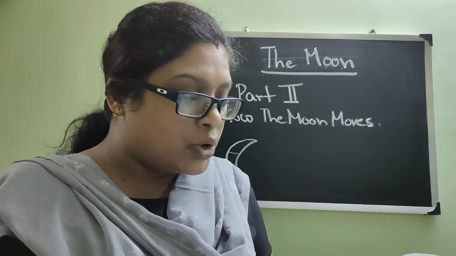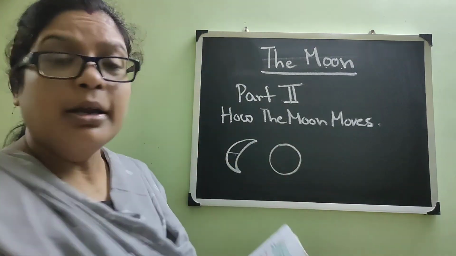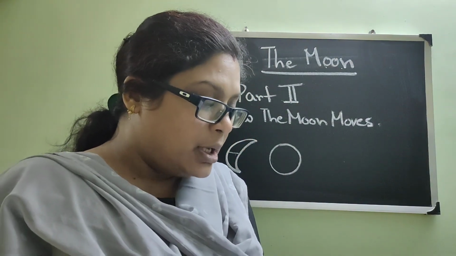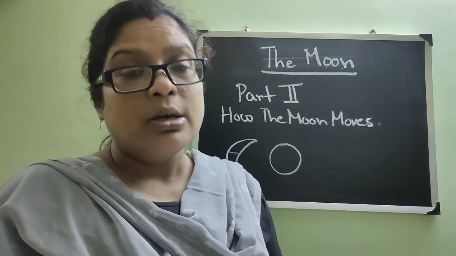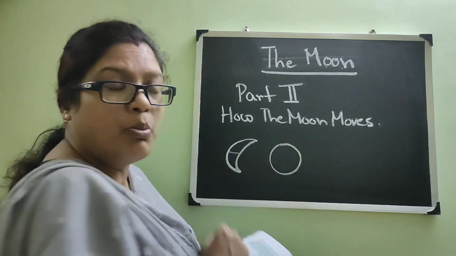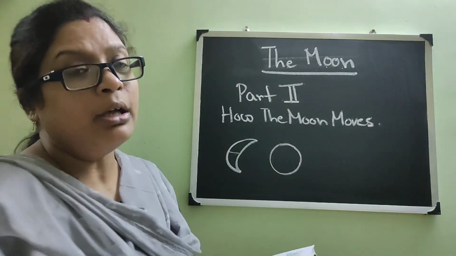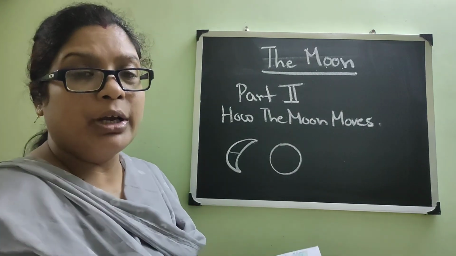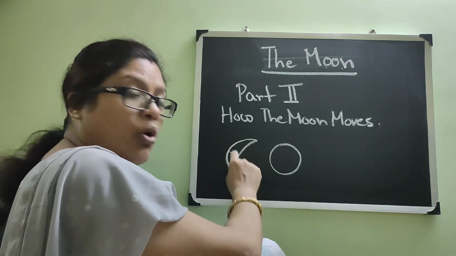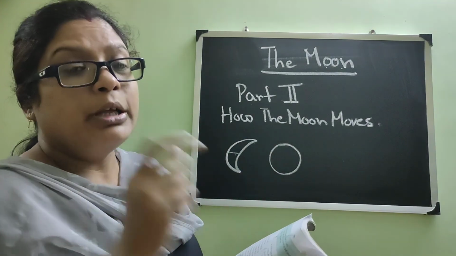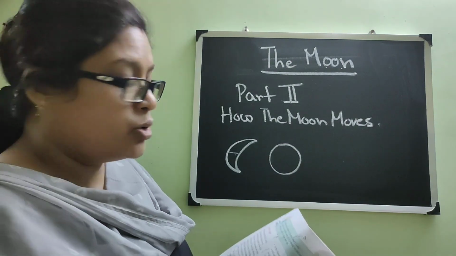From a thin crescent to the full circular moon. So this is a full circle moon and this is a crescent moon, isn't it? This is because we only see the part of the moon that reflects the sunlight to us. So when we see the full moon in a round shape, that means the sunlight is falling fully on the moon. When we are seeing a crescent part of it, you have to understand the sunlight is falling only on this particular part. So the part of the moon which is lightened by the sun rays, we are able to see.